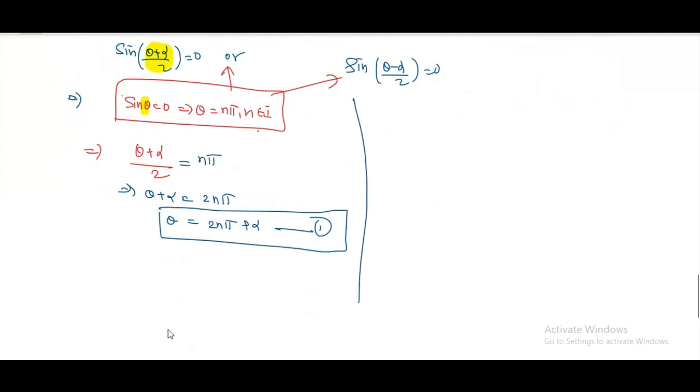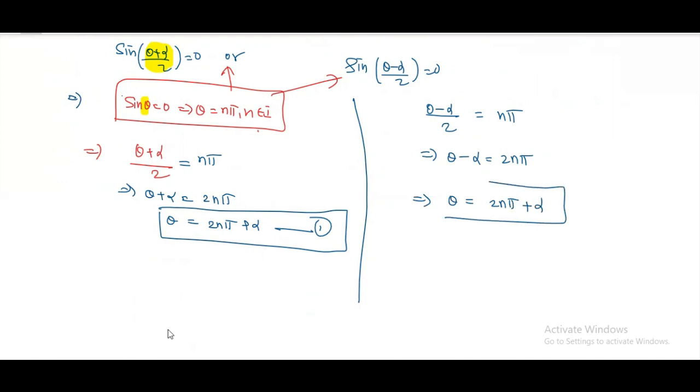Looking at the second one, here also we can apply the same general solution. We get theta minus alpha by 2 is equal to n pi, so theta minus alpha is equal to 2n pi. From here, theta is equal to 2n pi plus alpha. If you look at equation 1 and 2, we can finalize that